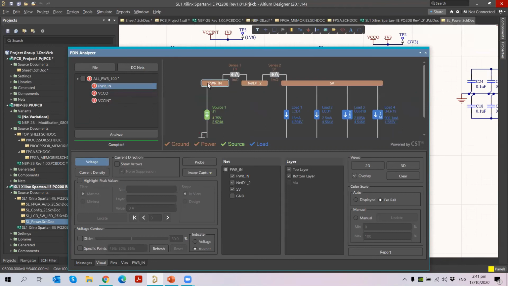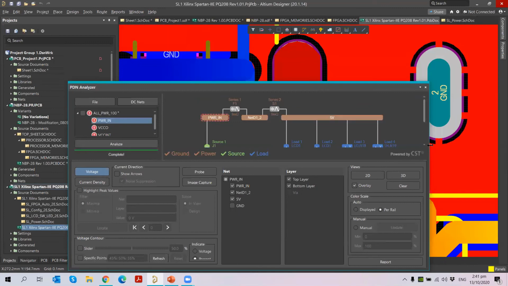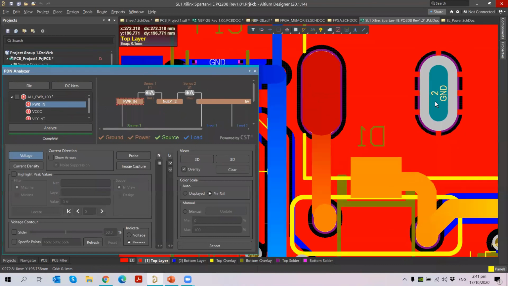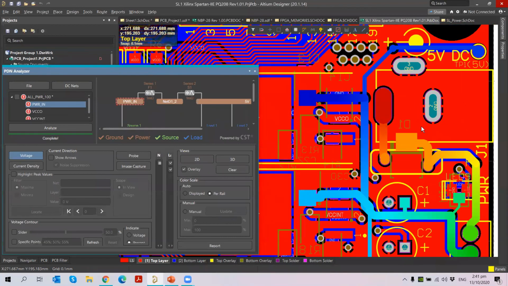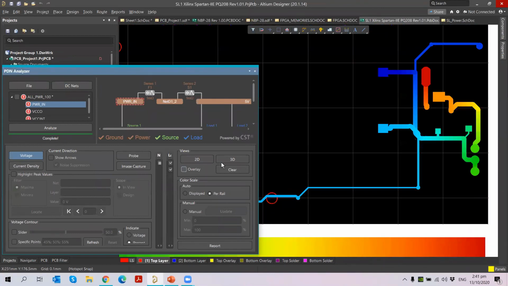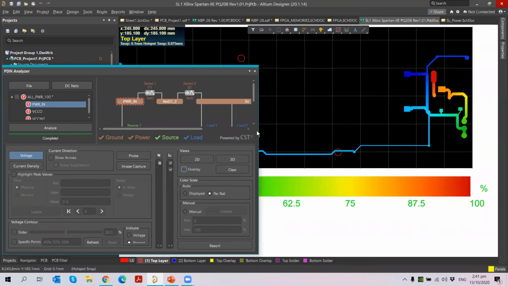I just click on power in, double click on this violation. When I double click, I need to open my PCB. I just move this a little bit to the left hand side, so it's easy for me to show you. I just bring it in here. So what happens here is, let me show this, removing the overlay. This is my power in output here based on the simulation. When I just click here, this is the output, and I display the value.